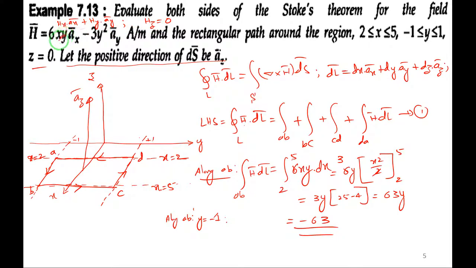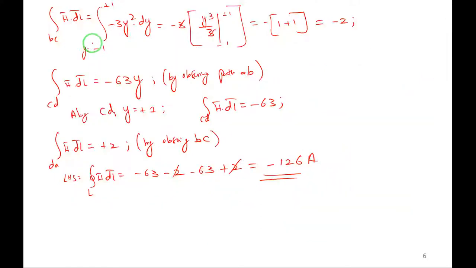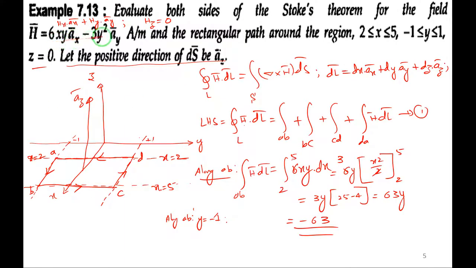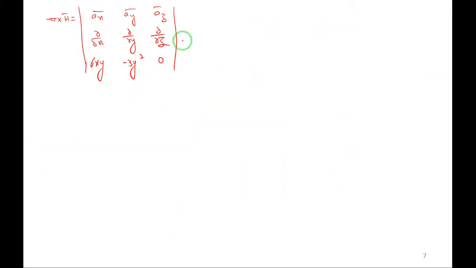Hz is 0. So Hx is 6xy minus 3y square. This one 6xy minus 3y square. 6xy will come here. Minus 3y square is y component. Z component is not there. It is 0. 6xy minus, let me check it, 6xy minus, yes, it is correct. So solve this determinant, plus minus plus, so plus ax into, so leave this column, leave this row. Dou by dou y of 0 is 0, dou by dou z of minus 3y square is 0. So this will vanish first term, right? This will vanish. Next minus ay,